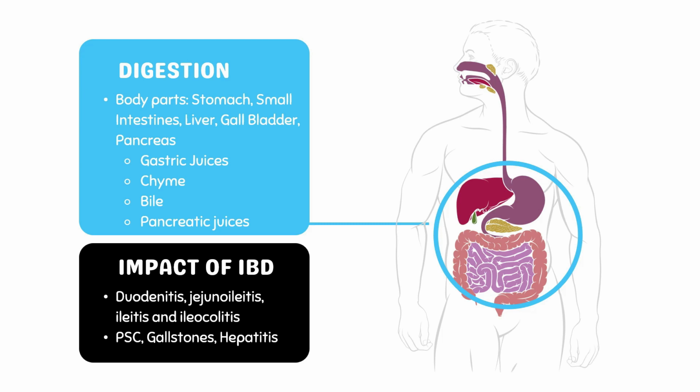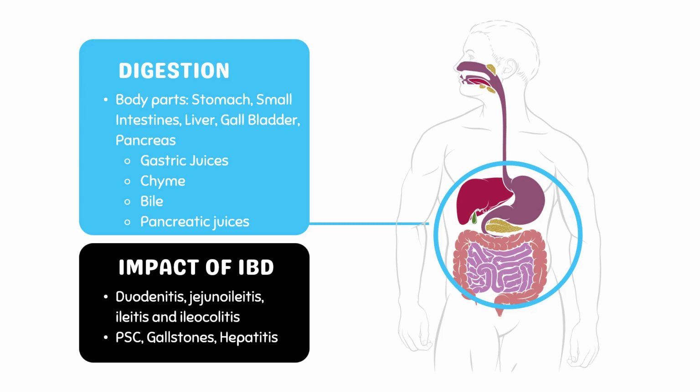When the stomach digests food received from the mouth, it forms a substance called chyme, which is passed to the small intestines. The small intestines consist of three portions: the duodenum, jejunum, and the ileum, which are all involved in breaking down the chyme further and where the nutrients are absorbed. IBD can impact the small intestines by causing inflammation, which causes damage, bleeding, pain, and reduces the amount of nutrients